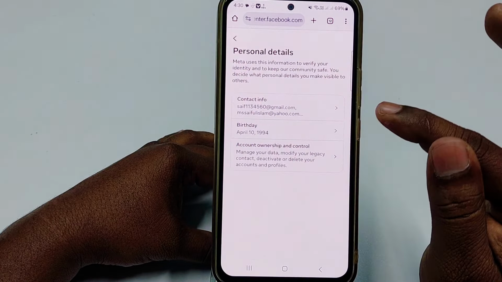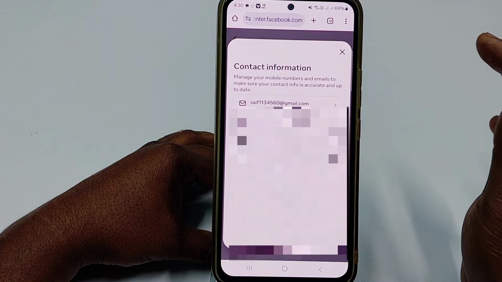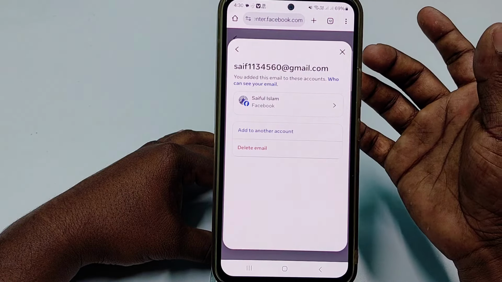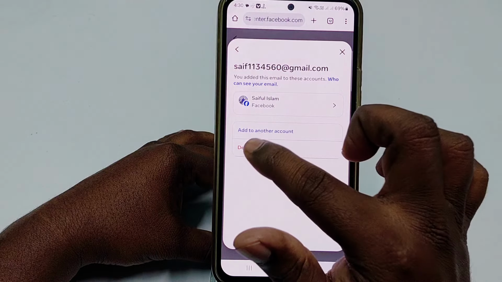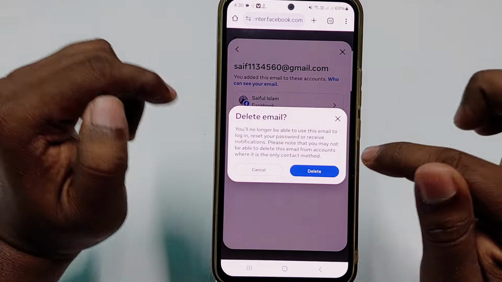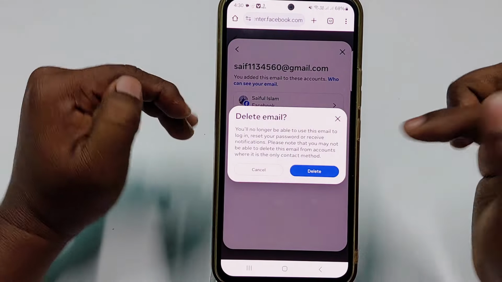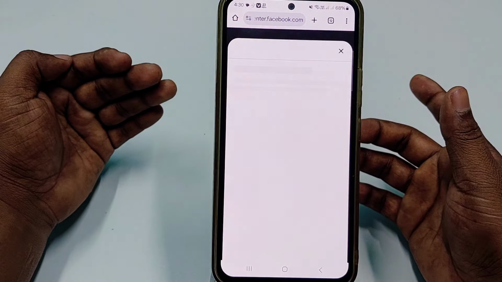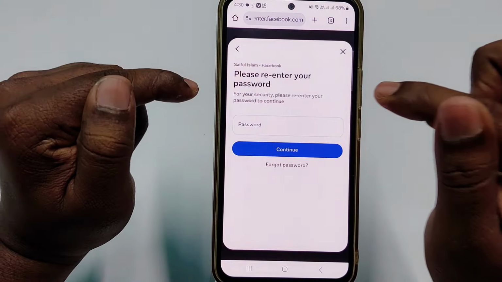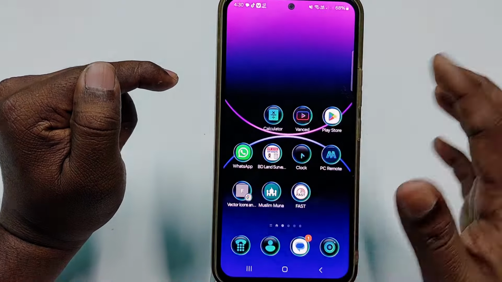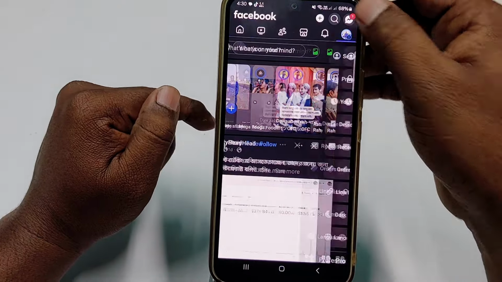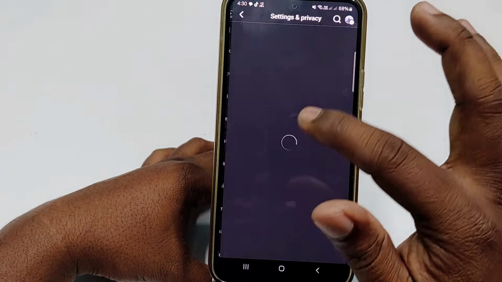then personal details, then contact information, then that Gmail I want to delete, let me click on that one, then click delete email, and if I click delete email, that time you will be surprised. Okay, let me click delete email, and you can see it asks my Facebook password, but whenever I tried it from my Facebook application, let me show you again,